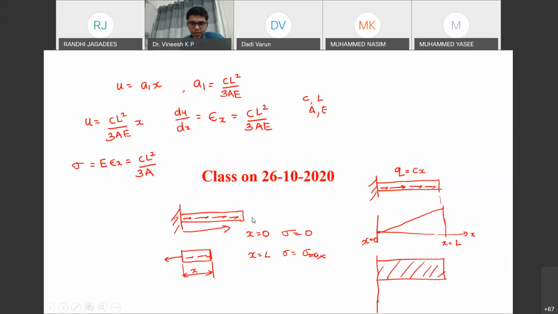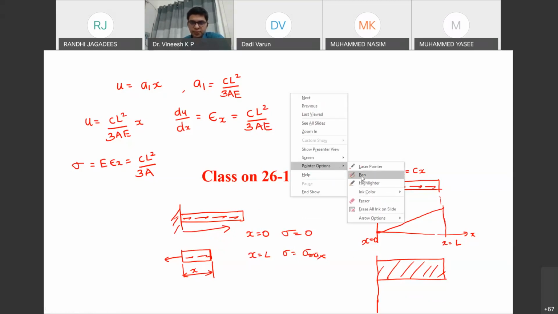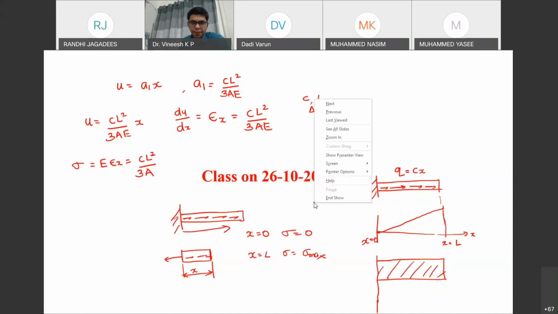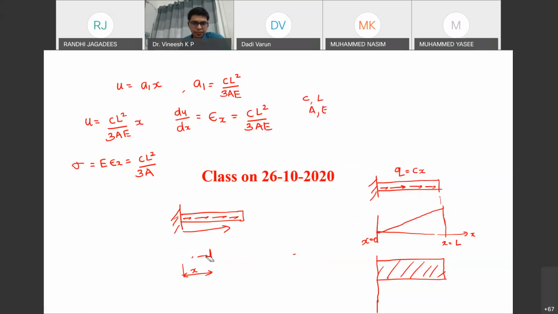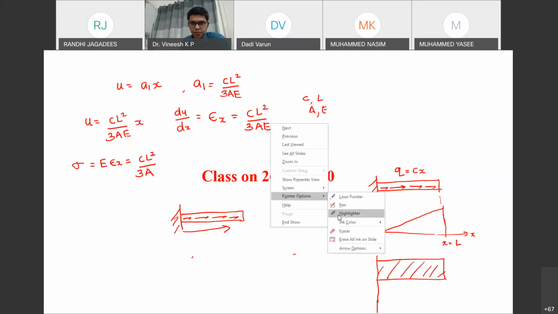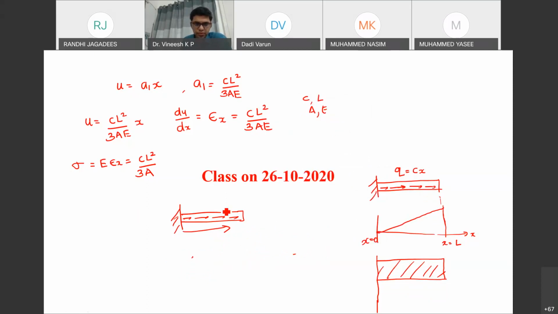Sorry, it is a reverse way actually. Whatever we have considered is a little tricky, so just forget about this one. Let's say I'm just cutting a portion here. If I look at the cut portion here, you will have some force, and as an opposite, you will have some other force. And if you look at the stress here, you will get some value.